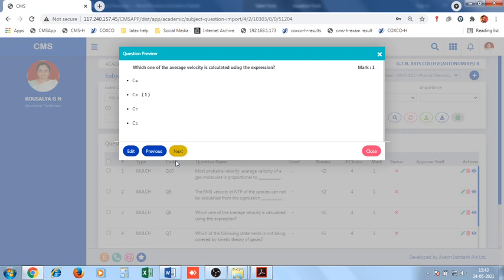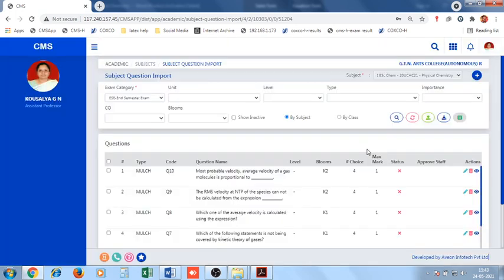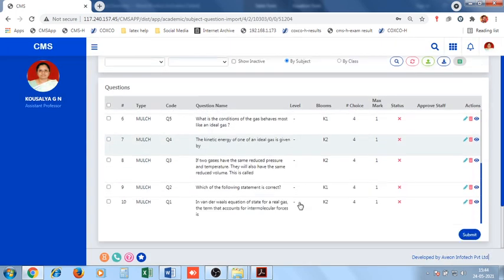Next question. Here also there is a mathematical question. In a similar way, you can add the mathematical expression. This way you have to check all 10 questions and their correct answers. If any errors are spotted, you can change them, including that particular equation. Suppose you feel you need to delete one question, then you can press delete and add a fresh question. That's not a problem at all.